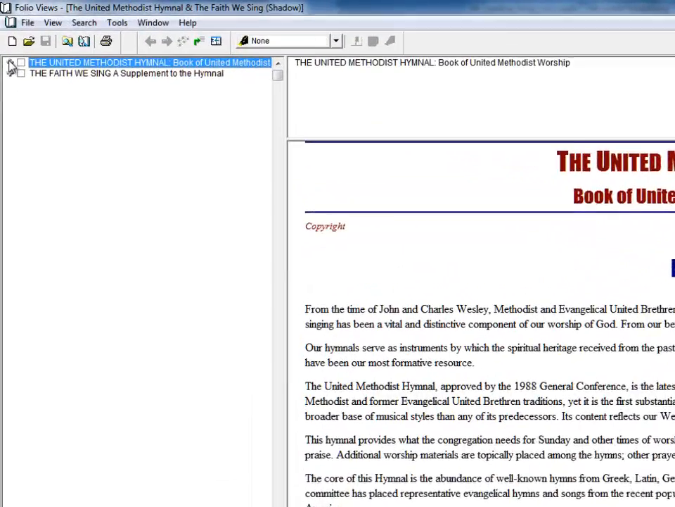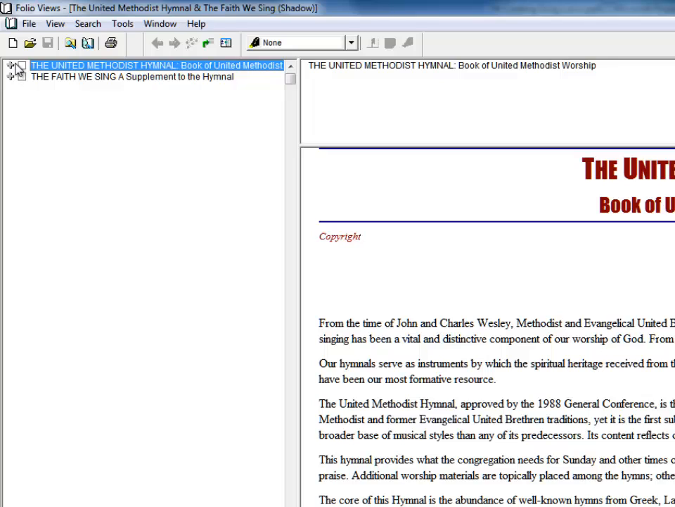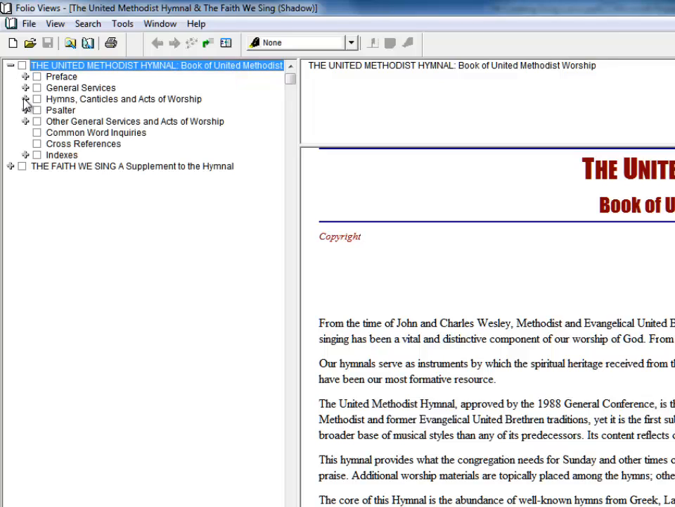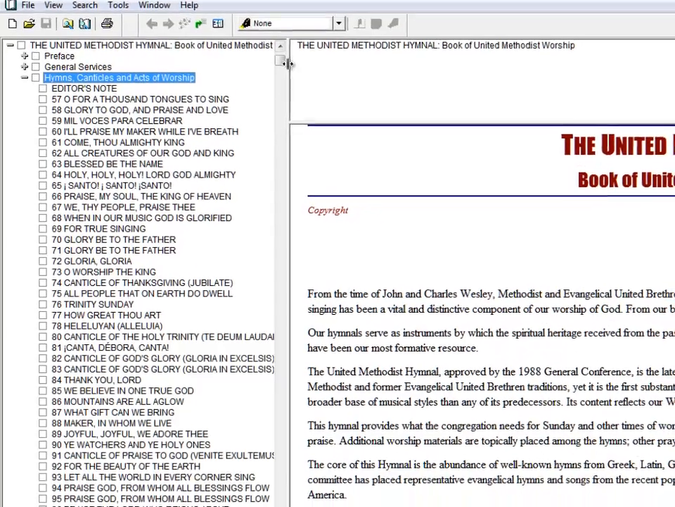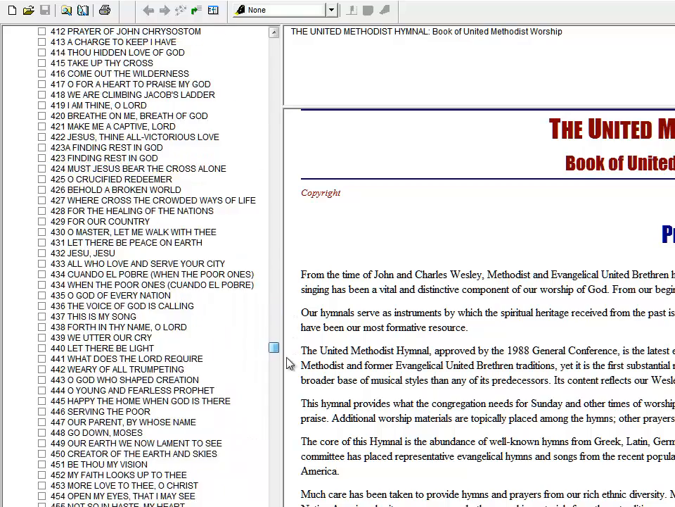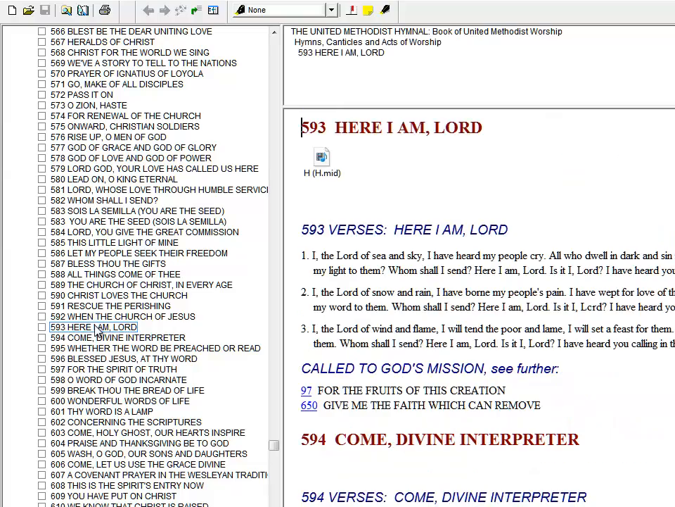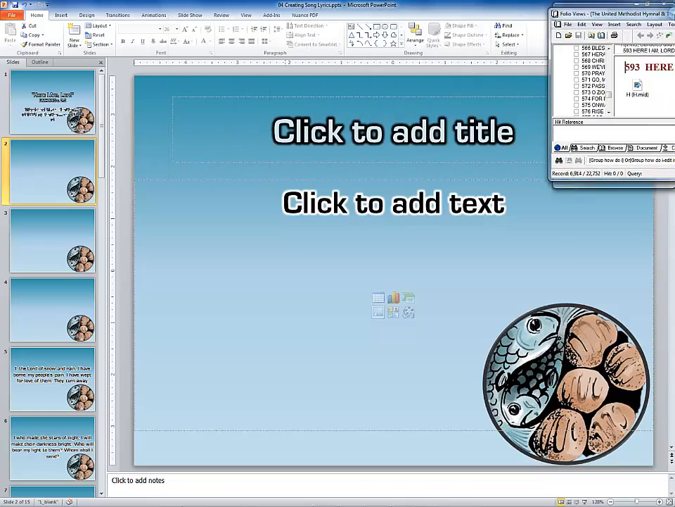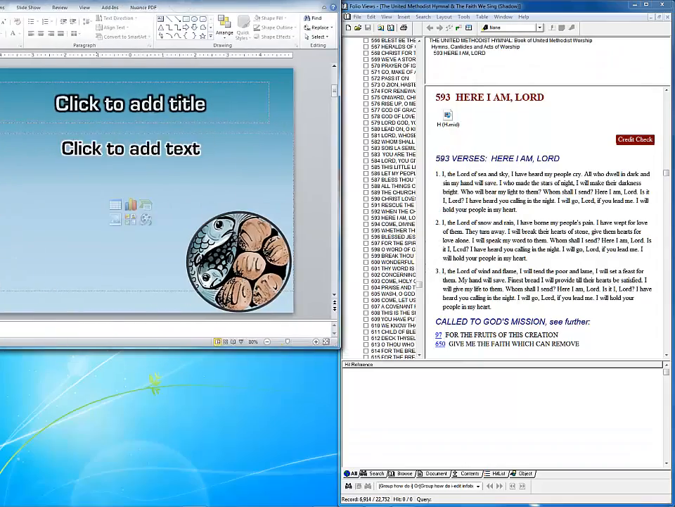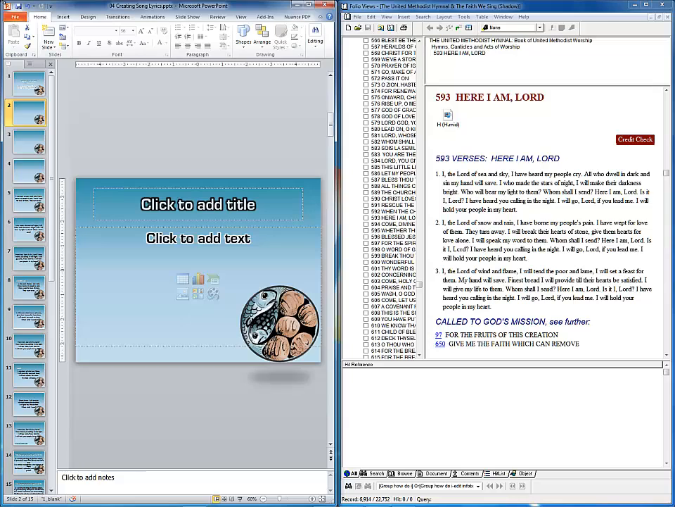Clicking up here at the top at the plus sign on Hymn and Hymns, Hymns, Canticle, and Items of Worship, I'm going to scroll down to 593. There is 593. Okay, let's split the screens. This time we're doing verses 2 and 3, and from my experience I know it's going to take 3 verses per slide. So highlighting,